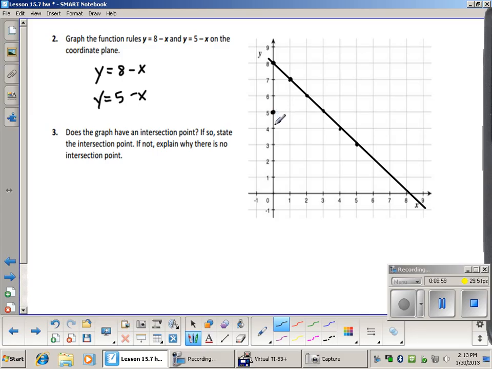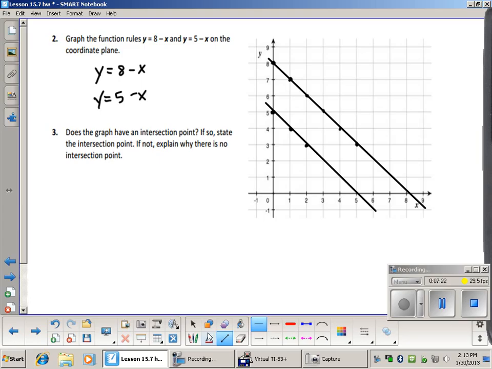Now, if I have the same slope, what do I know about these two lines? That's right, I know that they're going to be parallel. So let me draw in my line real quick. Okay, so if my lines are parallel,